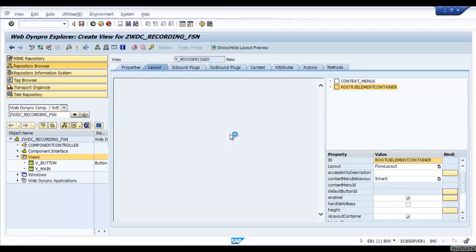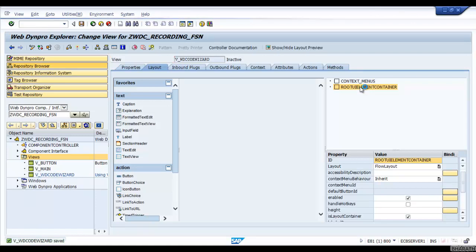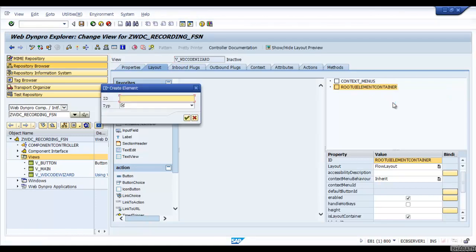Just click OK. Now a view has been created. Now I'll right click on it and insert element. I'm going to place a page header. Type page header.